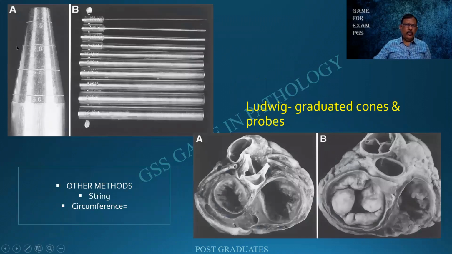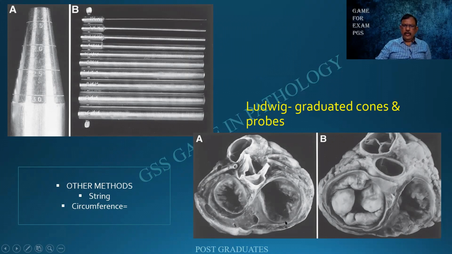And this is a cone that is used. Look at the graduations over here from which you'll be able to make a measurement. And these are various probes which can be used for finding out the pathology in the blood vessels. It can be arteries or it can be veins. I shall be describing them later also, but we should be careful that a thrombus in it or a thromboembolus should not be dislodged.